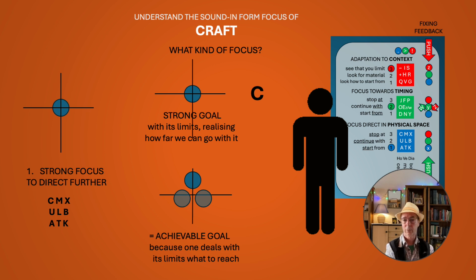The craft in that way will be an achievable goal, and the achievable goal is also described when I described a little bit better. This 1, 2, 3, it's also about 1, 2, 3 points I focus into a physical space in which left or right gives me some doubts, so I could choose right, could choose left, but when I choose a focus which is most clear before me, which is most clear to follow, when I follow that focus far away in the distance, then I deal with the limits of myself.